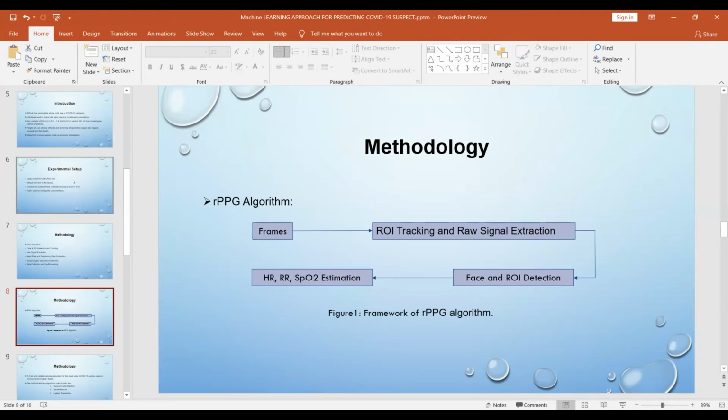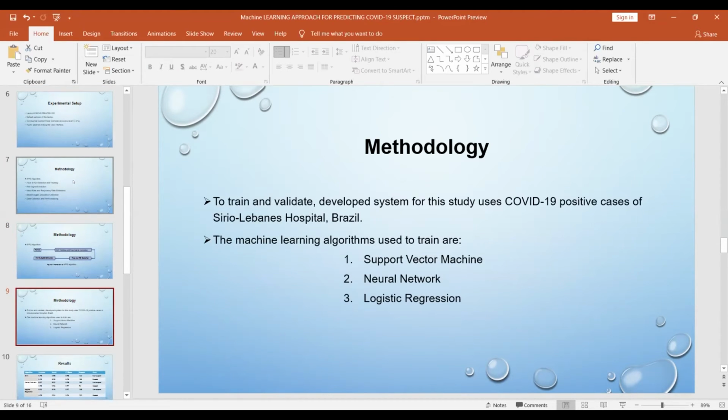Finally, we have estimated blood oxygen saturation to get the user's non-vital symptoms, symptoms which have been calculated by this rPPG algorithm, and then we came to machine learning approaches to train the data set,